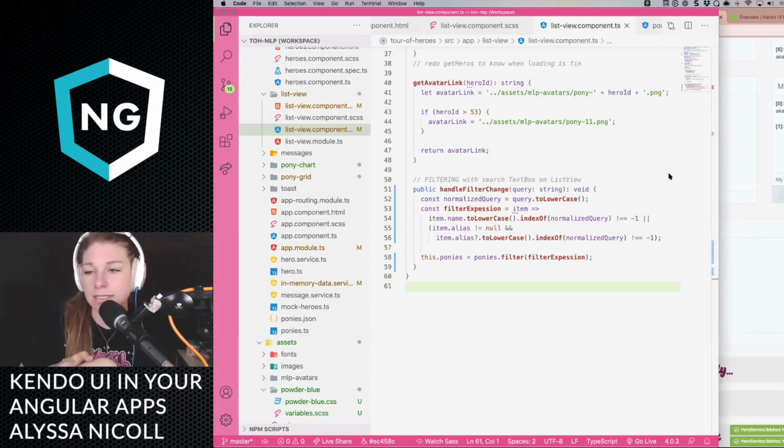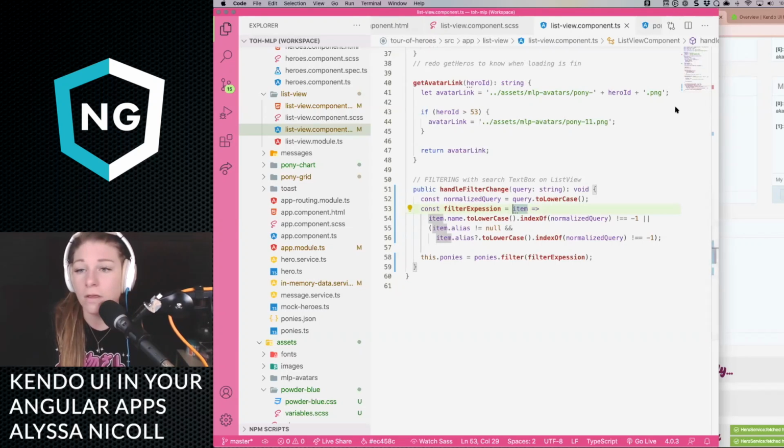And so Carl said, yes and no. While the grid does have the ability to define a custom template for a row or cell, everything is driven by rows and columns. Meanwhile, in a list view, you can create a completely custom layout, including something like the layout of cards, which is actually what I'm going to get to. So I'm going to go ahead and just show that right now.